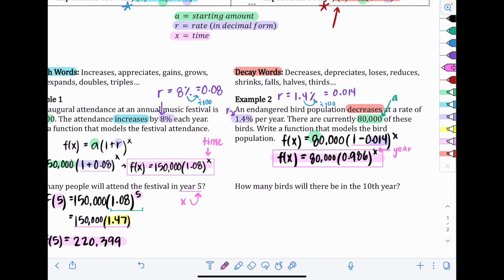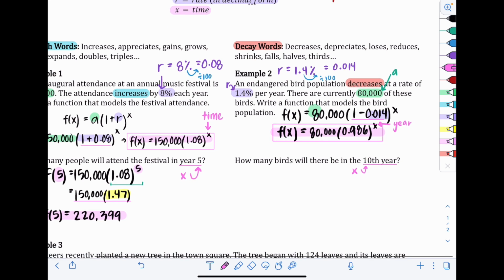So if it's asking how many birds will there be in the 10th year, we have to put 10 in for x and then evaluate it just like we did in the first problem. So instead of f of x, it'll be f of 10. Putting 10 in for x, and then we'll take our function from up here, 80,000